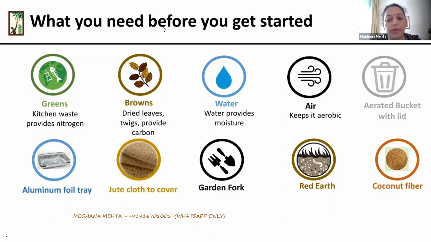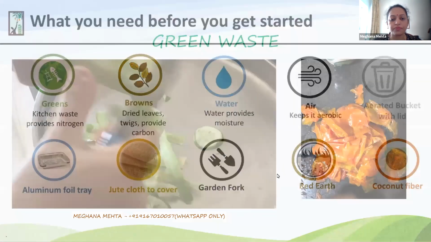Red earth. Red earth doesn't have to be necessarily red in color. It can be any soil that is locally available. If you're in the eastern part of India, you have the alluvial soil. If you're in the southern central part, you have the black soil. If you're in Maharashtra or Andhra Pradesh, then you have the red soil. So it's any soil that is available locally, but soil not mixed with anything else. Then you have the coconut fiber, which is to keep the drainage. It can be coconut fiber, it can be sugarcane bagasse, anything that is easily available next to you.